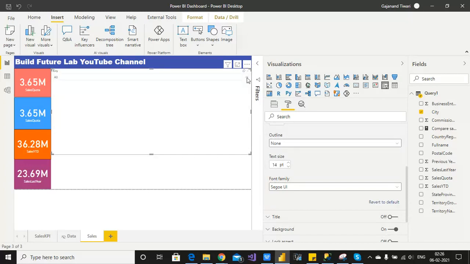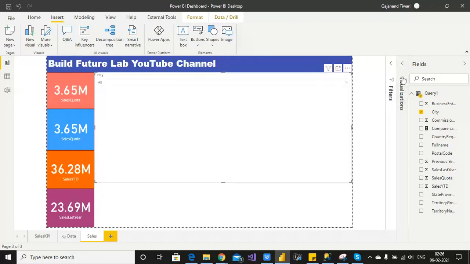Now we have the select all option here. This way you can do that. Let's reduce the size to 10. Okay. Now adjust the size of the slicer since I don't want it to be much bigger.